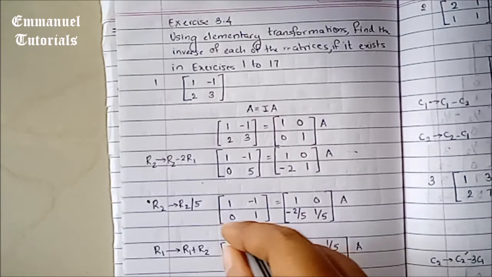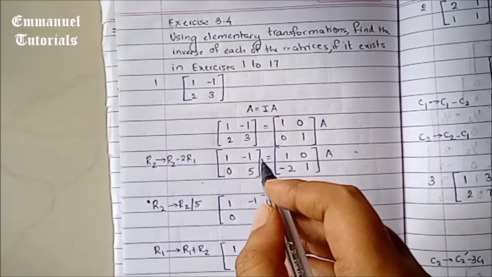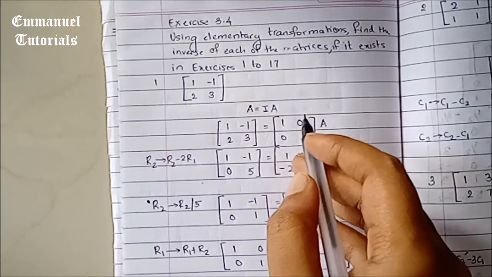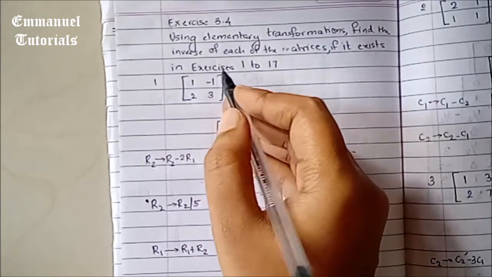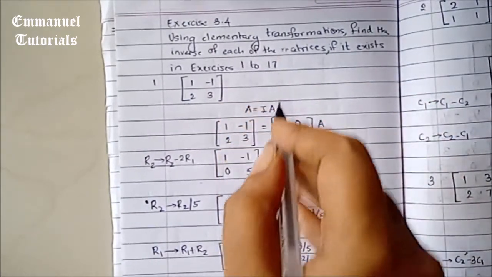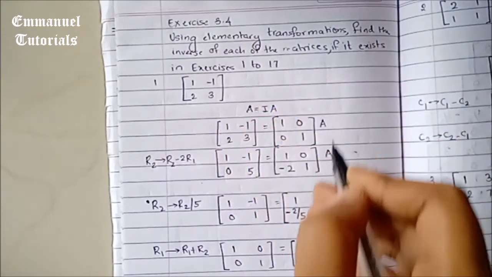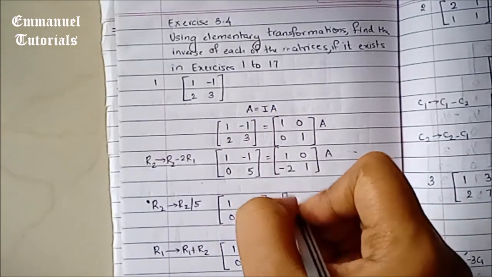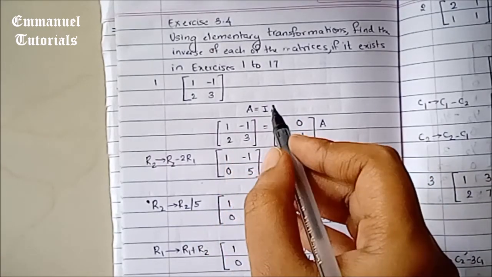Today we'll be seeing exercise 3.4 of the NCERT Class 12 Maths book from the Matrices chapter. So let's see the question. Using elementary transformations, find the inverse of each of the matrices if it exists in exercises 1 to 17. So here you have to find the inverses of the matrices that they have given in each of the questions